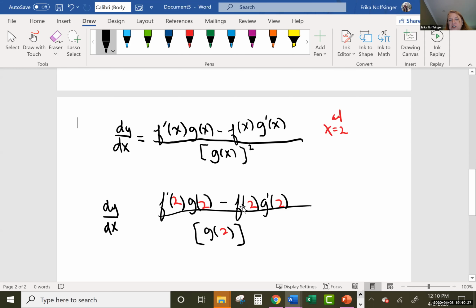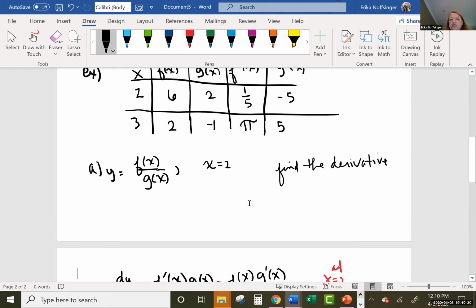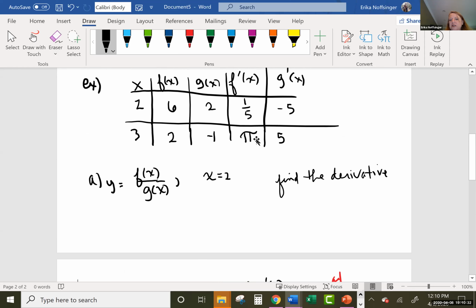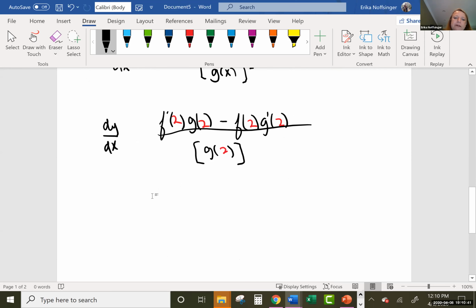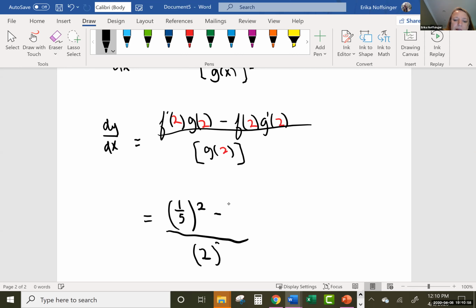So f prime of 2, so I'm looking at when x is 2, what is f prime of 2? And so I notice that that is 1/5. I'm going to be multiplying that times g of 2, so 1/5 times 2. Just write that real quick. Minus f of 2 times g prime of 2. While I'm at it, because I know that g of 2 is 2, let's just put that in the denominator,